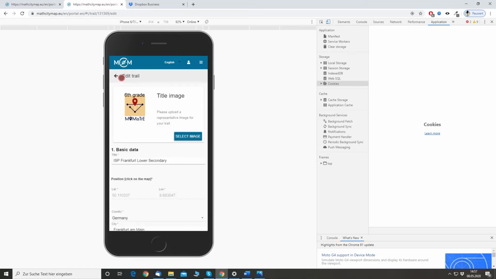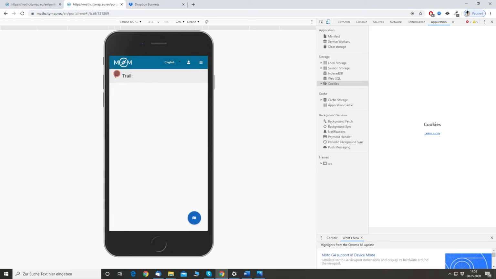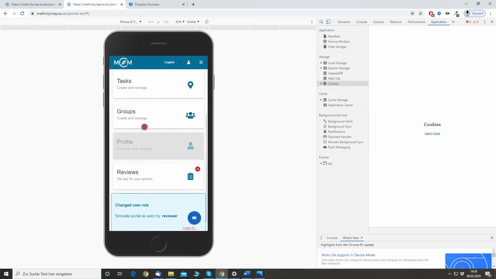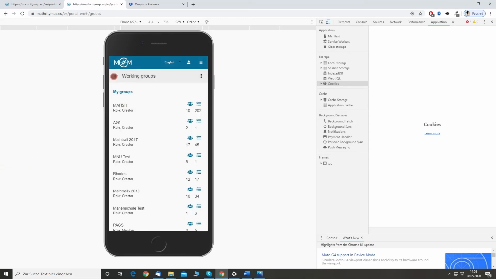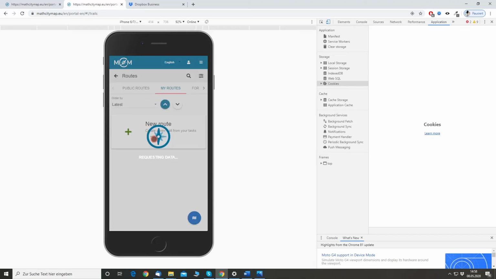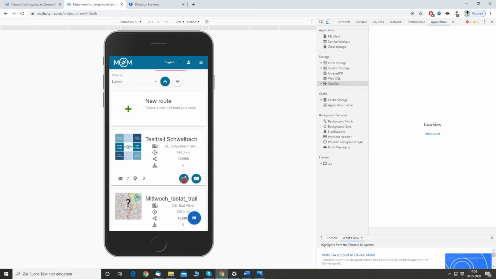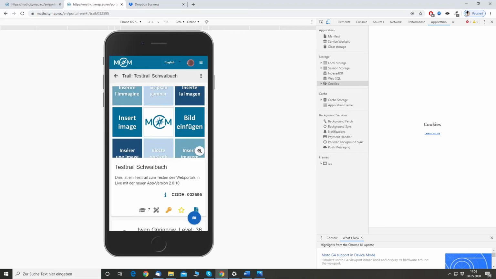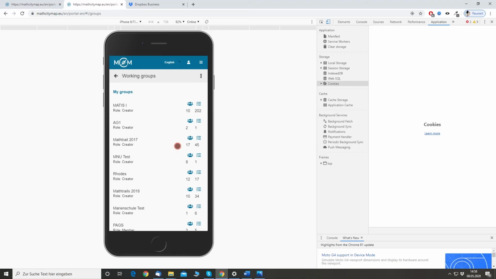Sometimes you want to jump to another section of the web portal and then it seems like a lot of clicking, so I need to go back to the trail, then I need to go back to the trails list, and then only maybe I can go to the groups that I wanted to visit. But there's another way which is way easier. So let's again take this example. I'm joining some trail and now I can click on the top right bar and go directly to the groups, which makes it way easier to navigate and way quicker.